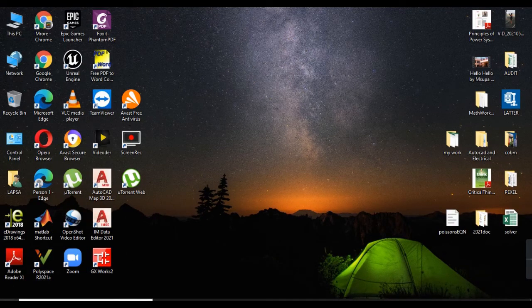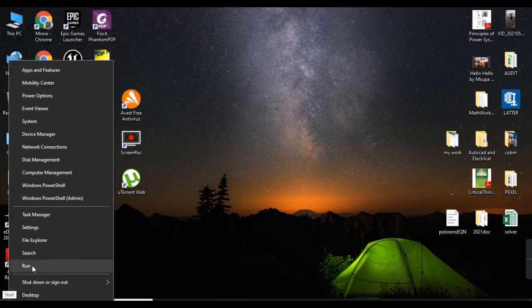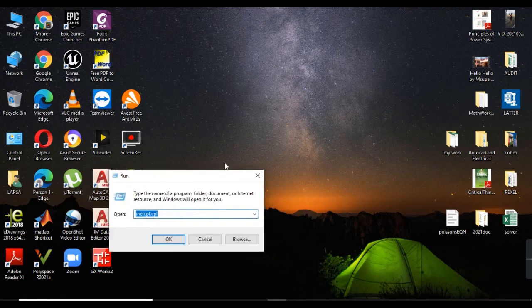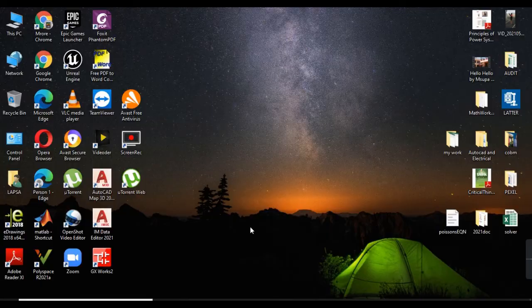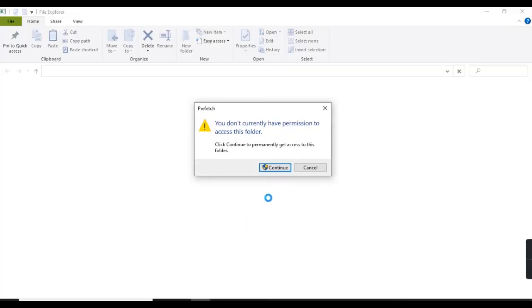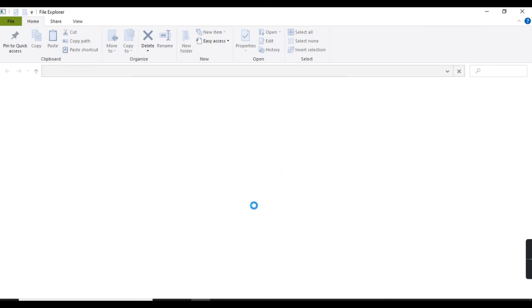Here we'll come to the start key, then right click, then hit run. Then for now what we'll type is PREFETCH, then hit OK. Then it will also ask you for permission to continue.